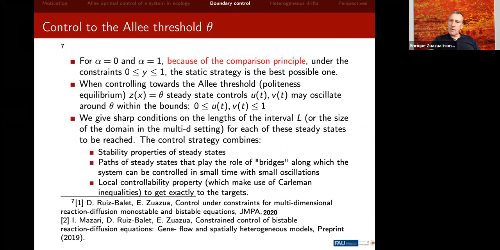In particular, we have analyzed these gene flow models in which you have a cascade of reaction diffusion equations. In this lecture, I have discussed just one single reaction diffusion equation, but oftentimes in sociological and biological processes, there is a cascade of reaction diffusion equations, and the reason is very easy to understand and is represented in these gene flow models,